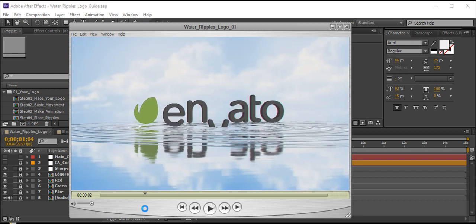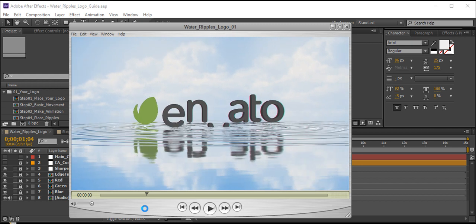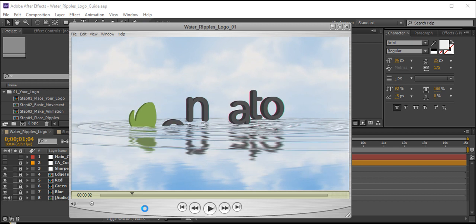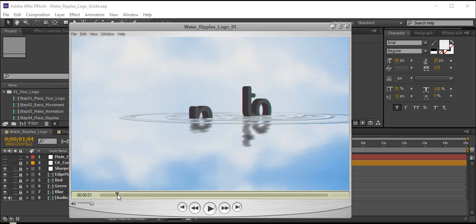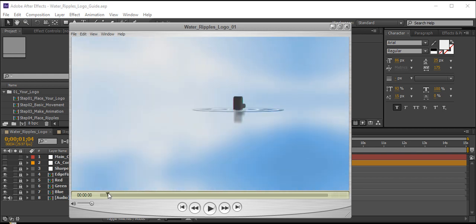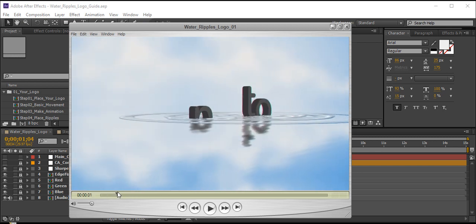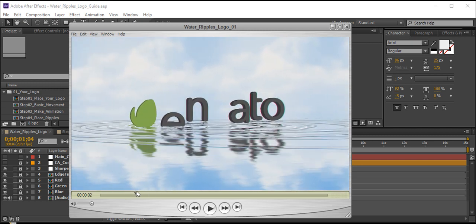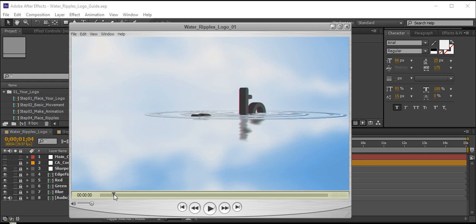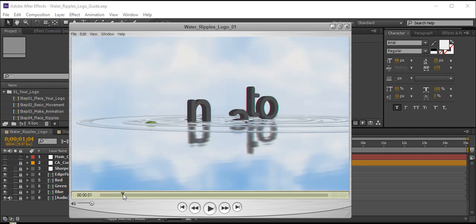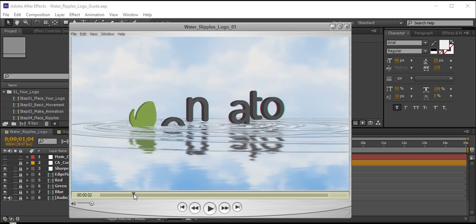Now look at the V character, the final one that is coming out. If you look closely, when each character is emerging out of the water, there are no ripples for each and every segment of the logo. For the first one, obviously there should be a ripple, because otherwise it's pointless. It's emerging out of very clean water. There should be a ripple when the first segment comes out, and the second one maybe. But for every other segment, it's not necessary to have ripples forming when it emerges out of the surface,